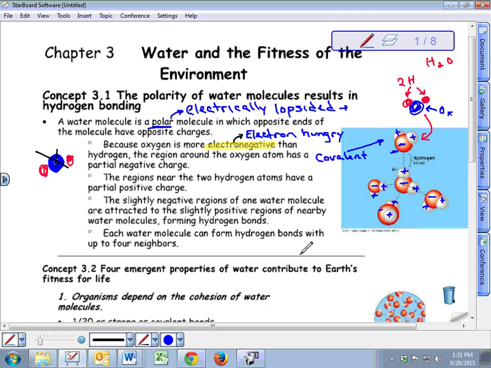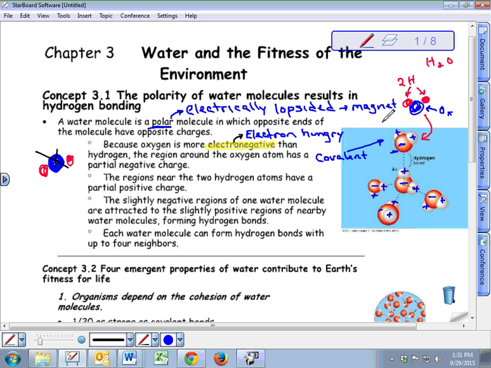That's going to give them the characteristics of a magnet. They now have a north and south pole. And just like magnets, the opposites attract and the likes repel. So this water's oxygen is attracted to a neighboring water's hydrogen, and that water's oxygen is attracted to another neighboring water's hydrogen. In fact, every oxygen can be attracted to two different hydrogens, and every hydrogen can be attracted